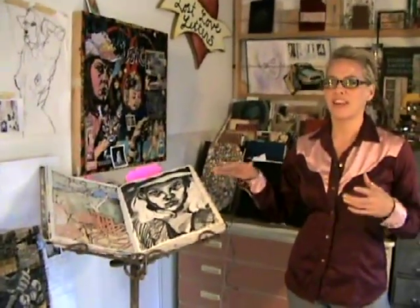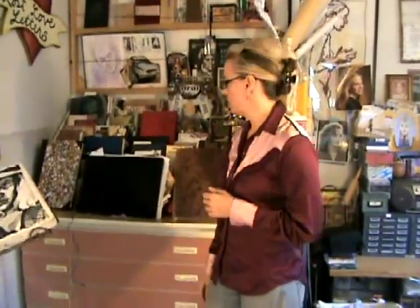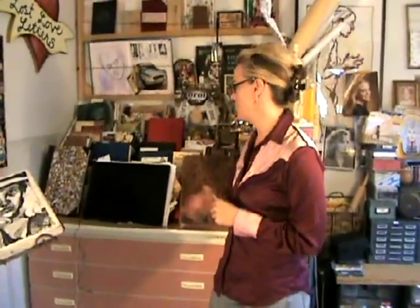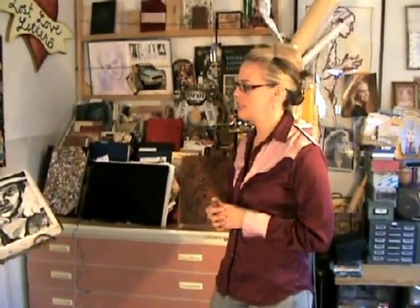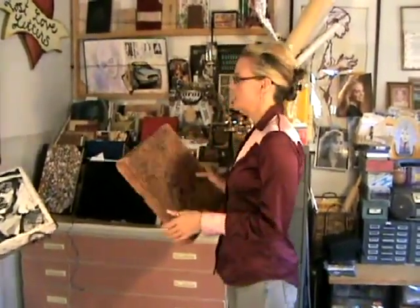So it's sort of like, you can make a big deal about getting the perfect book, but you may start that perfect book and it's just not right. So I usually like to have a bunch of different books going at once, a larger size one and a smaller one. So I've got a bunch of books here, and I've got tons more, but we'll just talk about a few of these here so you can get an idea of what, hopefully be inspired to choose the book that you would like to work in. And I'll just go through these and talk about,